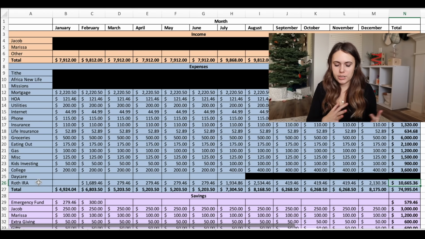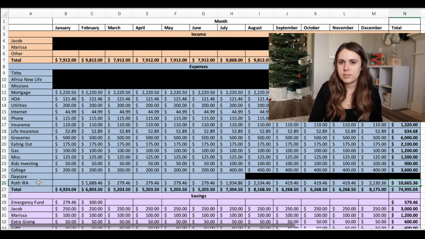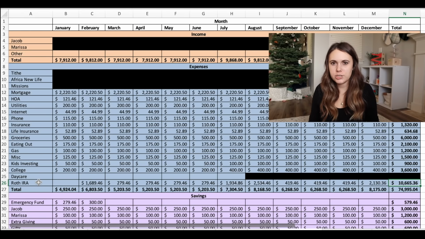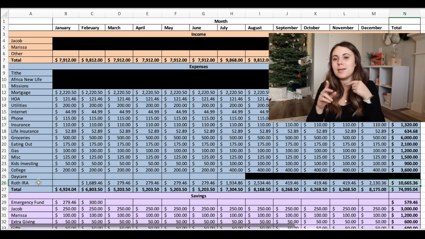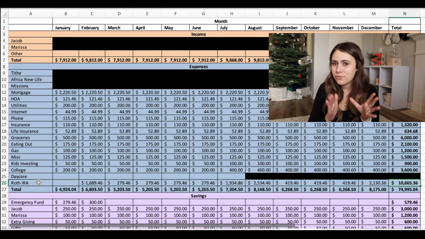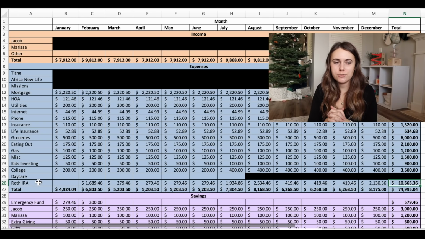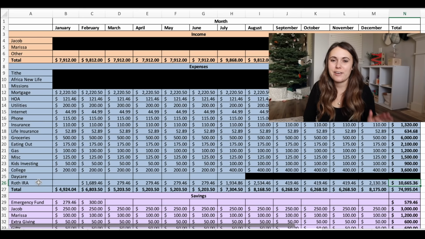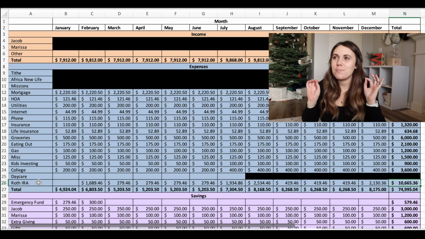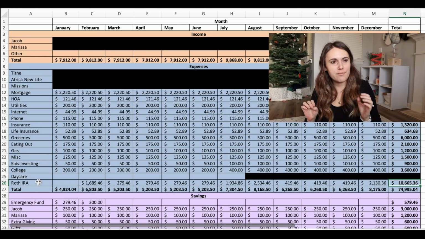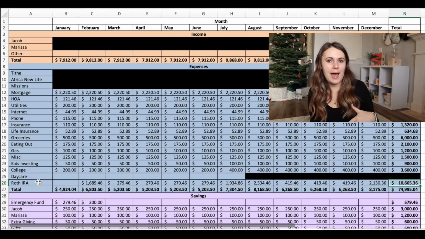So maybe during the year, if Jacob gets a raise or something, or we find additional ways to make more money or things that we can cut out of our budget, hopefully we can get to that $12,000. The other thing that I'm assuming we'll have, but I don't want to budget for it, is a tax refund. I've been saving money every month into a savings account to cover our end of year tax bill, but I won't know how much we exactly owe until like February or March. But I am very, very sure that I've been saving more money in there than I need to cover all